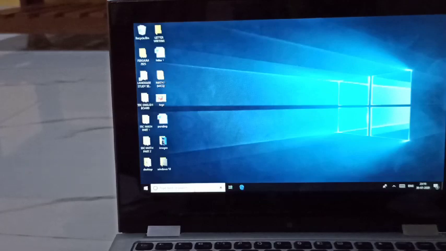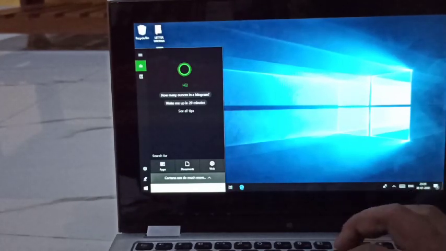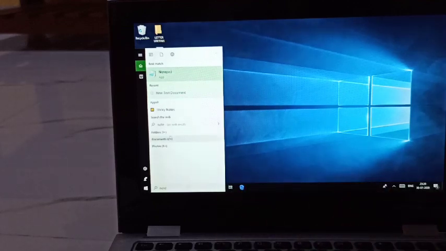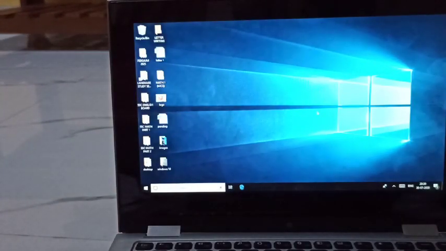See, next to the start button you will find the search box. Just click here, whatever you want to search, just type there. If you want to search for notepad, type notepad there and it will come here. See, just click on that notepad, your notepad will get open, right? For what purpose is the search box used? It is used to search your programs, your files and folders. Whatever files are there in your computer, it is used to search those files, right?